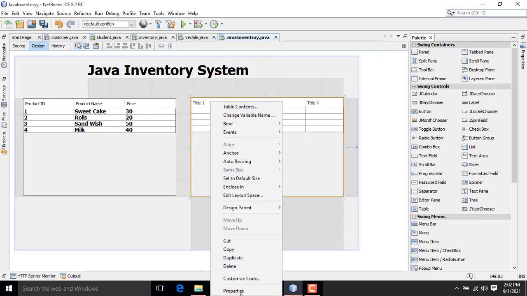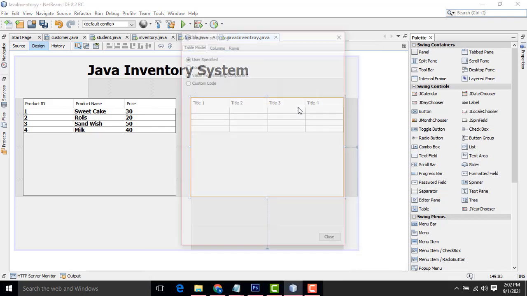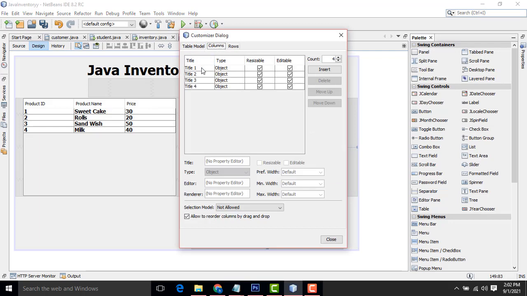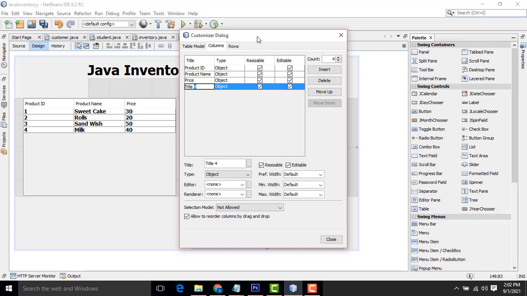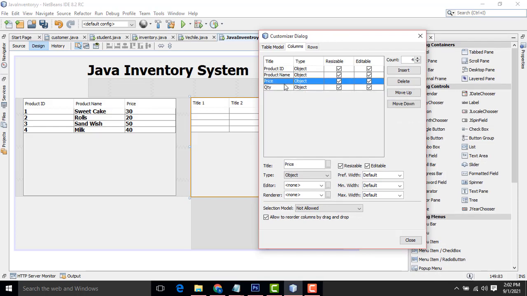Right click, table contents. Here you have to change the titles to product ID, product name, price, quantity, and total. So the columns are product ID, product name, price, quantity, total.